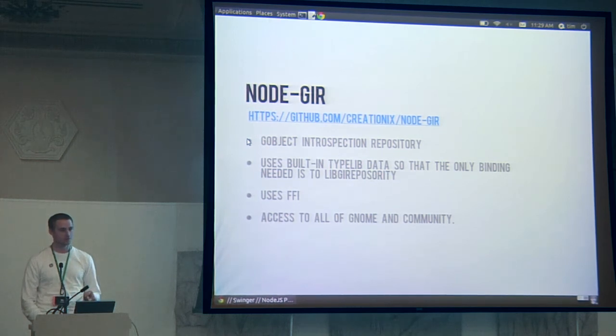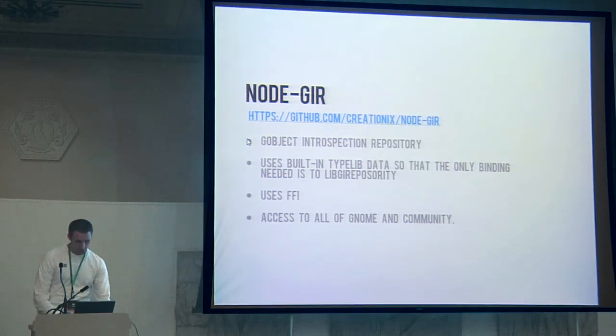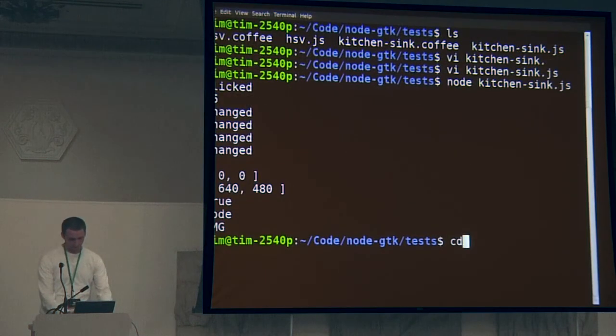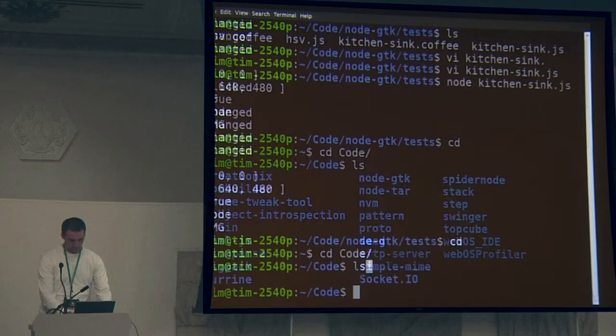There's already 2 JavaScript bindings. One is using SpiderMonkey and one is using JavaScript core from WebKit. And the SpiderMonkey one is actually what runs the window manager in GNOME Shell in GNOME 3. So the new GNOME actually has a JavaScript-powered window manager. And I think that's really cool. So while I don't have a working GNOME one yet, a Node one yet, what did I call that thing?